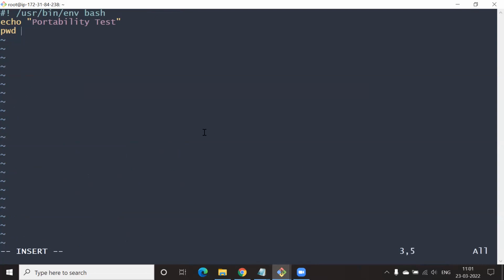In the next line, date, and in the next line, say user equals to dollar of whoami.